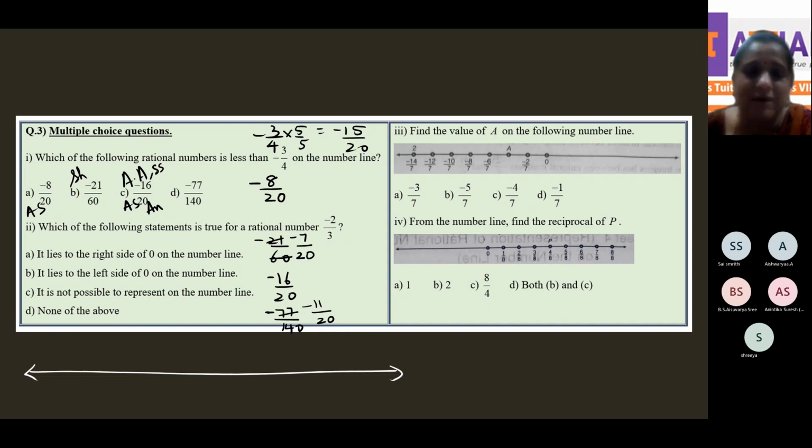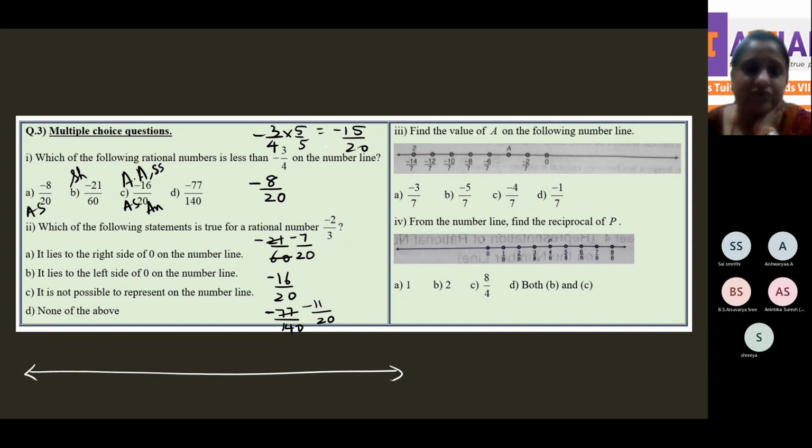So bring minus 3 by 4 to denominator 20, minus 15 by 20. Minus 8 by 20, do not disturb. Then minus 21 by 60 can be reduced to minus 7 by 20, so denominator 20. And then minus 16 by 20 as it is. You can simplify using the tables of 4, but don't disturb the denominator 20. And the last one, minus 77 by 140, reduce it and bring it to the denominator 20. Now,